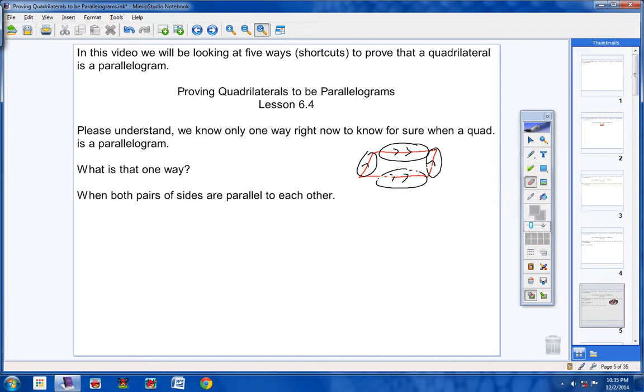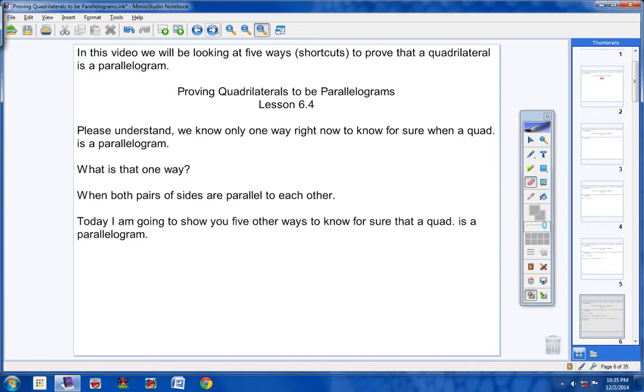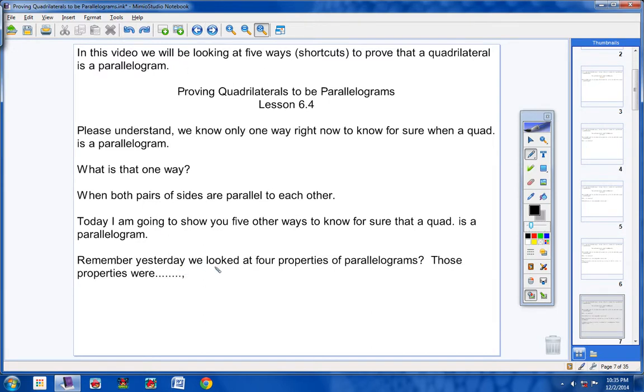Okay? Now, today I'm going to show you 5 other ways to know for sure that a quadrilateral is a parallelogram. Okay? 5 other ways. Now, remember yesterday we looked at 4 properties of parallelograms. Okay? Remember that? Those properties were